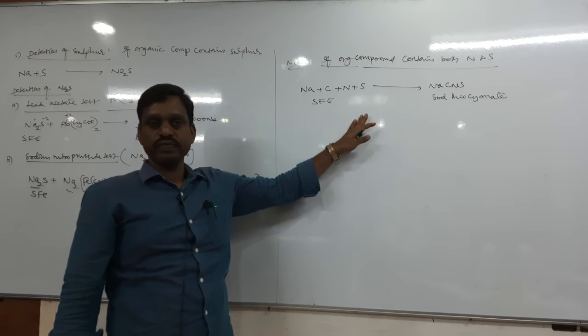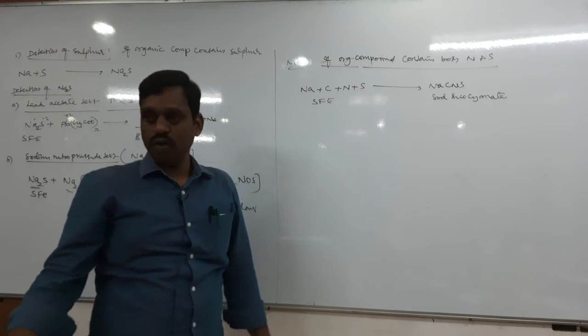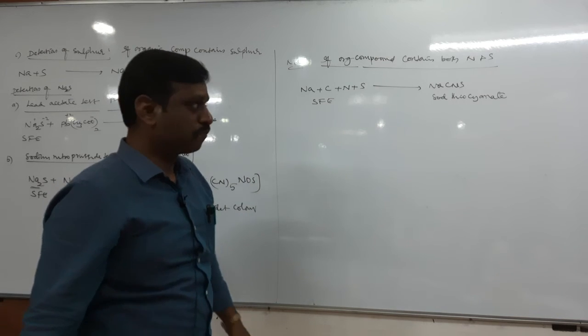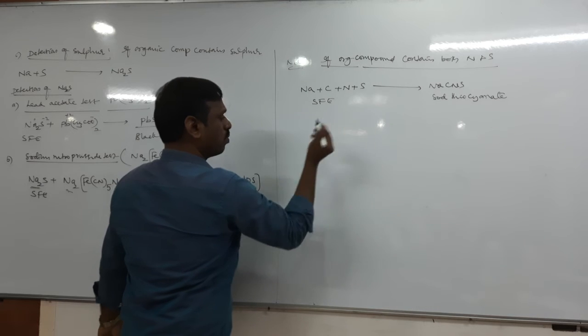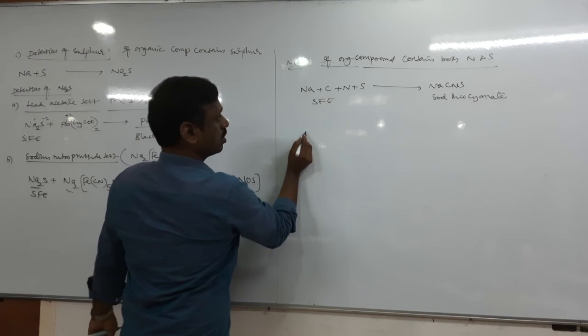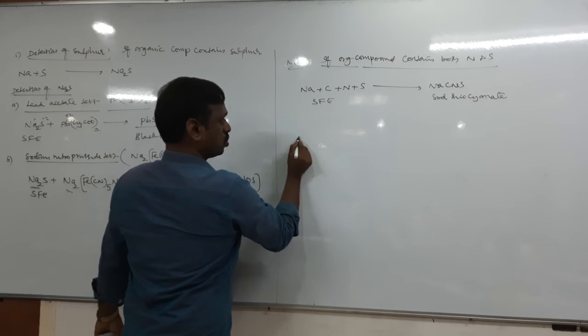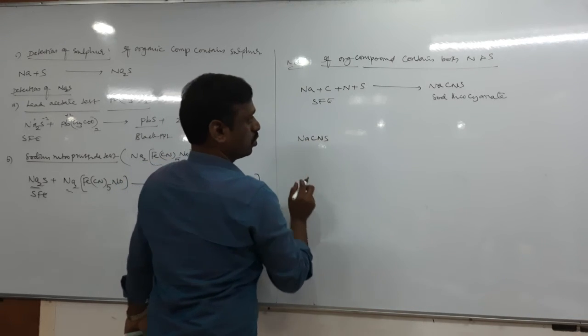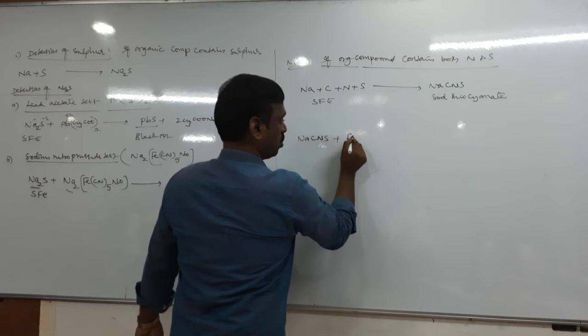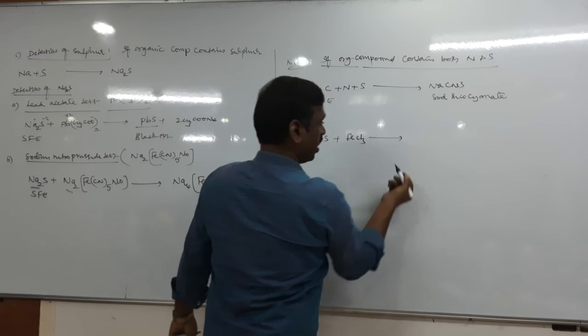SFE. Okay. Now how can this be detected? It can be detected by adding a small amount of FeCl3. Let us take sodium thiocyanate, and to this FeCl3 added, you will get the